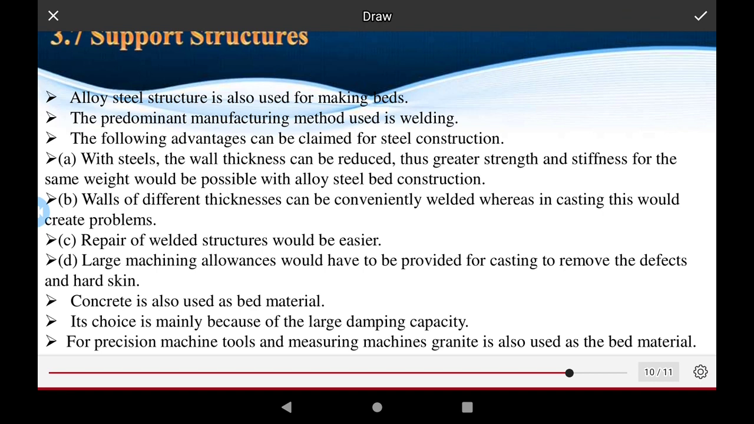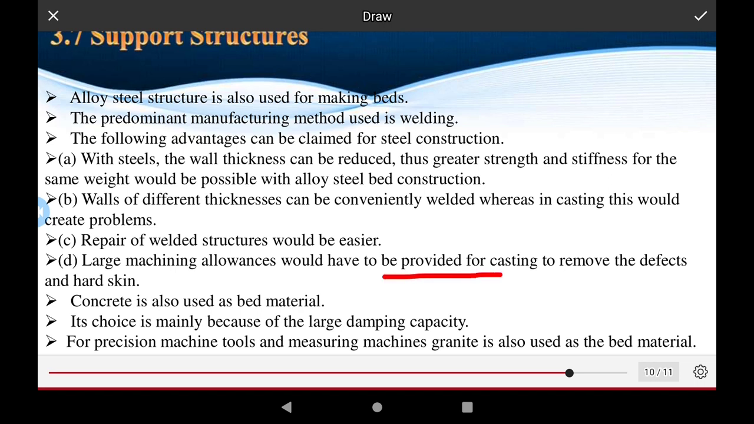With steel, the wall thickness can be reduced, giving greater strength and stiffness for the same weight, which is possible with alloy steel bed construction. The bed is also made of steel, cast iron and composites. Walls of different thickness can be conventionally welded. In casting this would create problems. Different materials of different quality and properties are used depending on the element. The repair of a welded structure would be easier,